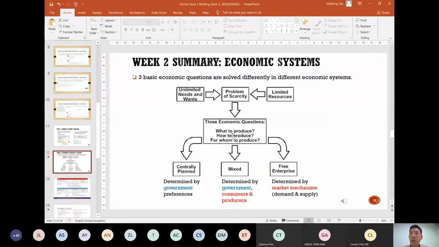What to produce would be what type of products have to be produced. It can be necessity goods, and also public goods. Necessity goods are the goods that have to be consumed by humans, no matter what the income level is, consumed almost every day. Necessity goods like water and electricity are necessity goods. And besides that,